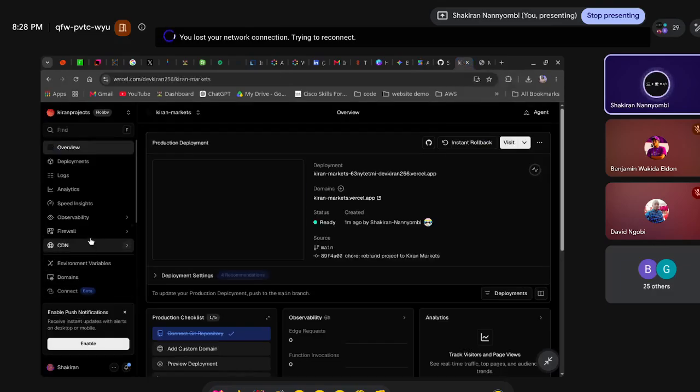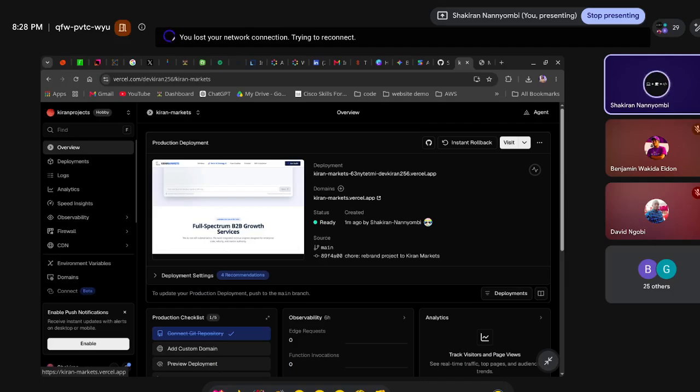Then when I come to Vercel, you will see overview, deployment. So you can see that I pushed, since my Vercel is connected to my GitHub. When you push from Google AI Studio, it automatically reflects this side. So you can see that it has also deployed 1 minute ago. Guys, this is so nice. So I have deployments, I have logs, I have analytics, I have observability, but my main point here is